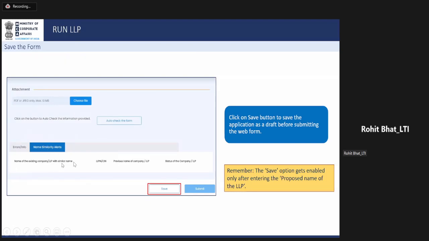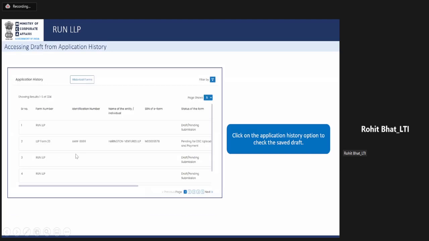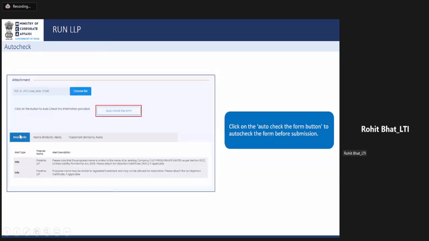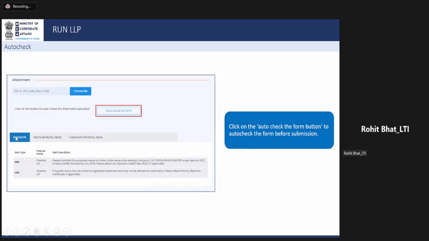In the second tab, I'll be able to find whatever similar names are available in the master database of MCA. Had errors been put here instead of information, the user would not have been able to file the form at all. In terms of errors, the user will not be allowed to move ahead, and in terms of information, the user will be allowed to move ahead with the form.